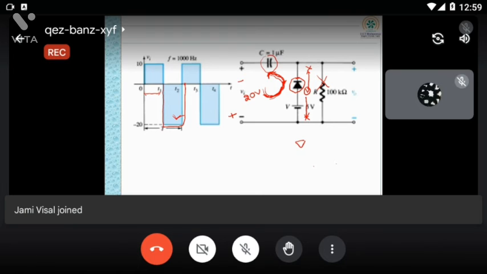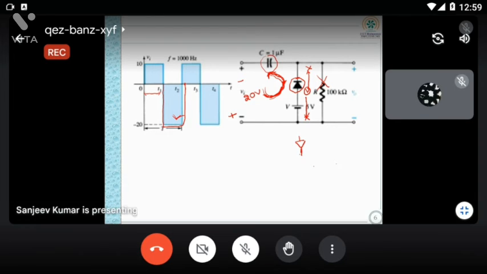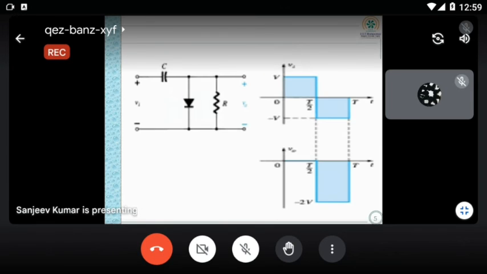If it was in this direction, there is no problem. Earlier, in the case you have seen for the positive half cycle, the capacitor will be charged. But for this case, the diode is in reverse bias condition. So to make it conduct, this will be possible only